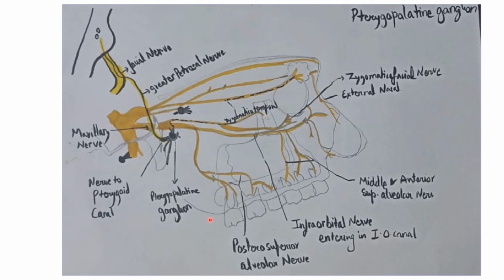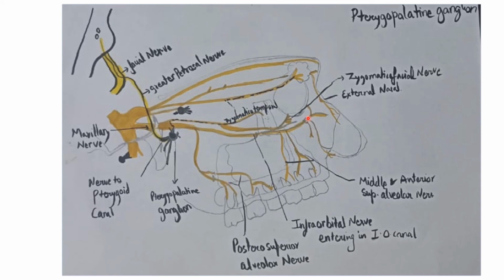nasopharynx, right? Nasopharynx, backside. Now the sensory root, right? The sensory root passes through the ganglion again without interruption, and the sensory root is coming through the maxillary nerve from which the ganglion is hanging, right? So the ganglion provides four sets of branches.